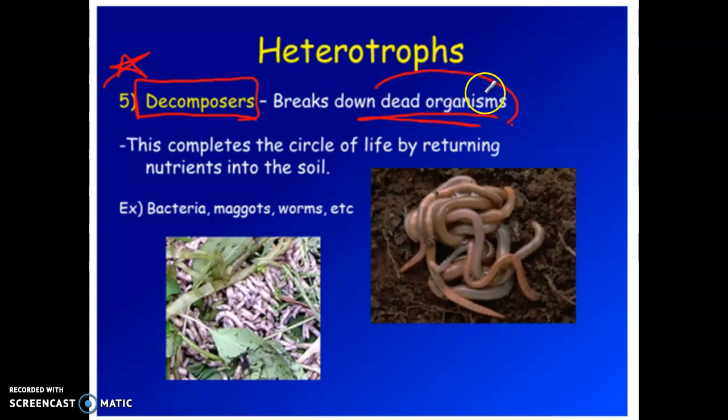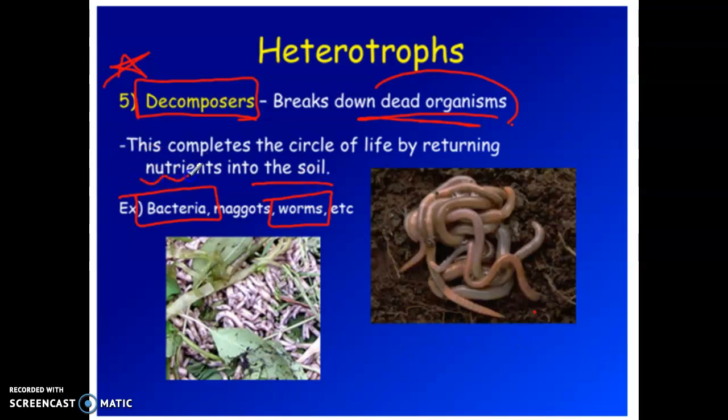So essentially, think of a compost, right? Most decomposers are found in the soil. They're made up mostly of bacteria, maggots, worms. Usually when we think of decomposers, I tend to think of bacteria and earthworms. If you're thinking about a compost, and you put in eggshells and banana peels and a whole bunch of leftover material, the bacteria and worms in the soil will eat those things, like banana peels or the apple core, and the poop that comes out after they eat that is very rich in nutrients.